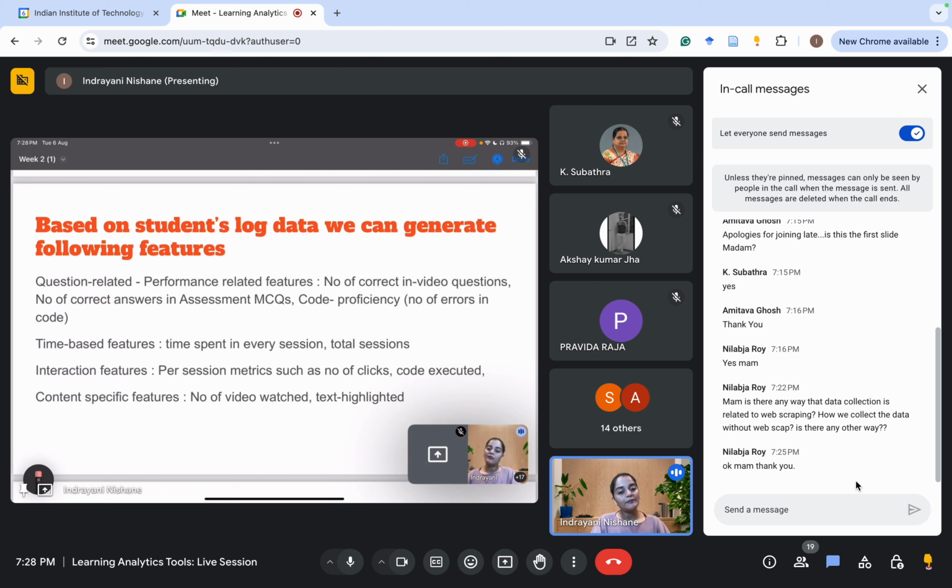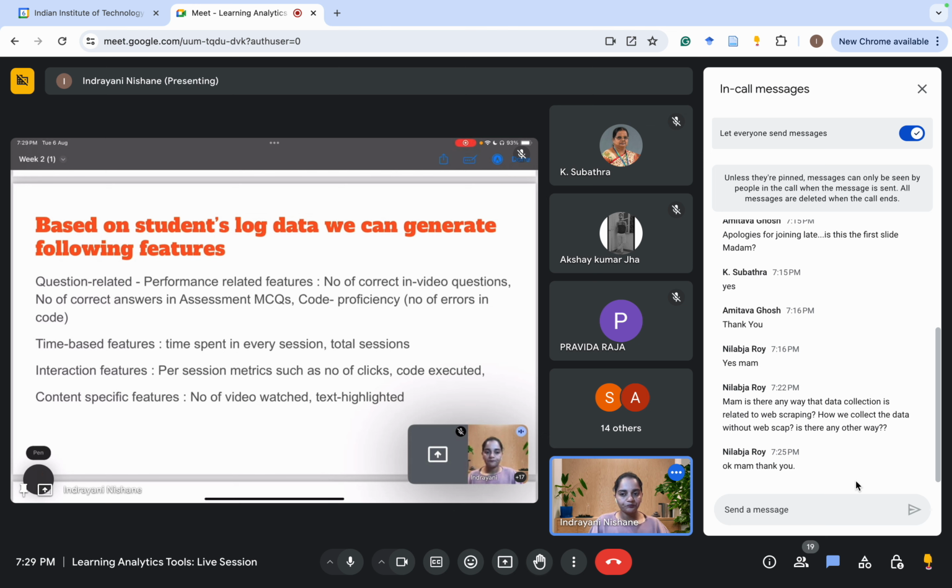Other time-based features would be how much time they have spent. If multiple sessions are involved, how much time they spend on each session, or on each action. If there are video-watching activities, reading of transcripts, or some text given, what time they spend on each of these activities, and how much time they spend answering the assignment questions. All this information we can derive from the log data